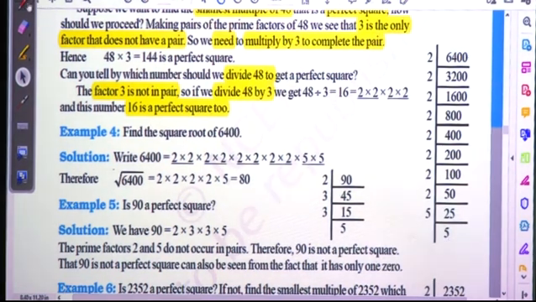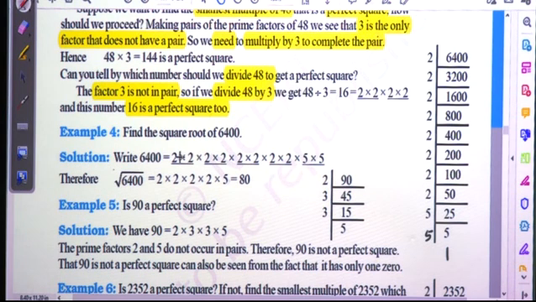Here we can do one more thing. Once again we can write 5 here, 5 ones are 5, or in this way also, as it was previously present, we can consider it in that way also. Here you can see 2 times 5 means 1 pair, and 8 times 2 means 4 pairs. Here it is written in the solution: 6400 is equal to 4 pairs of 2 and 1 pair of 5.